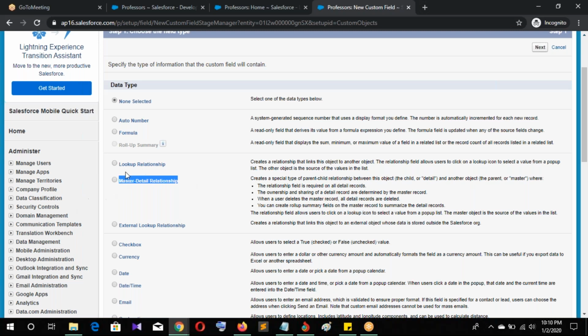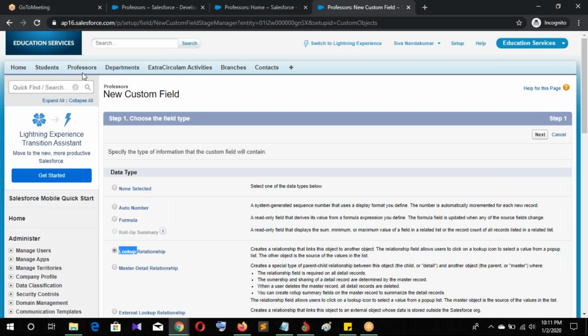Next we go for the lookup relationship. In that scenario, for professors, having a department is mandatory, right? Yeah. In students also department is mandatory, right? Correct.